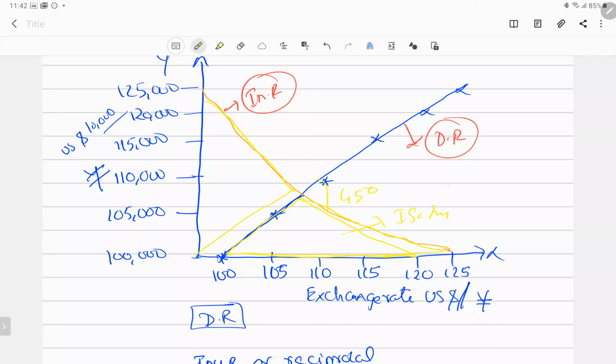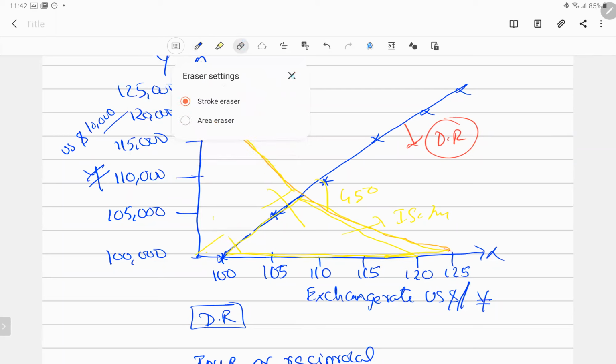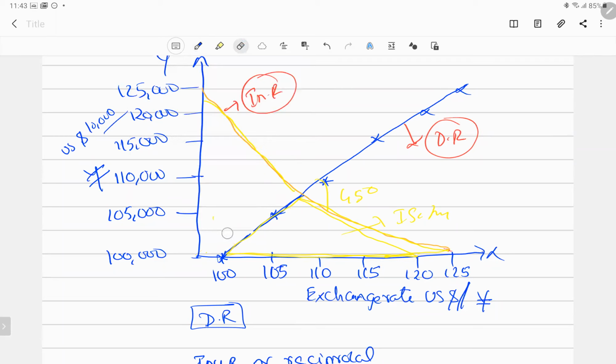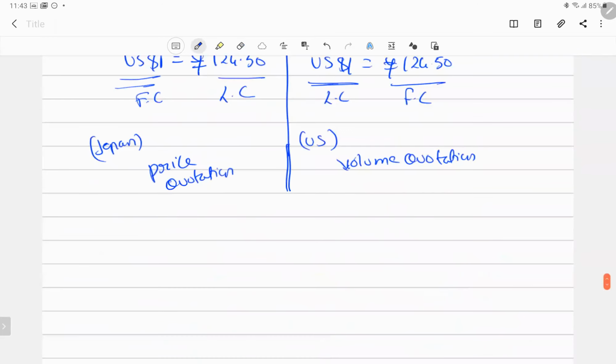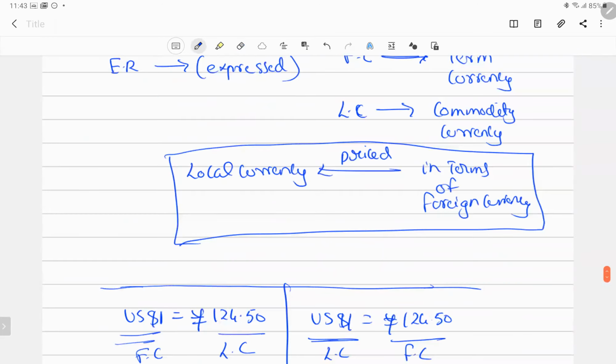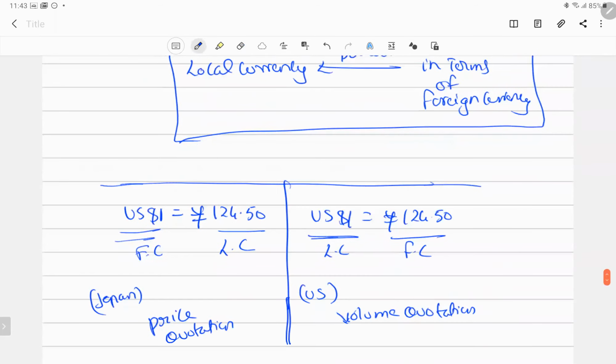When you calculate the range, if you're a technical trader, you have to see the range where you can hedge and get the benefits. When we get into hedging, I'll be telling you how to interpret the chart and all. That is also in your syllabus. Don't think that that is not in the syllabus. You have to interpret the chart. So this is the typical exchange rate relationship that you have to interpret. Till now, is there any clarification?